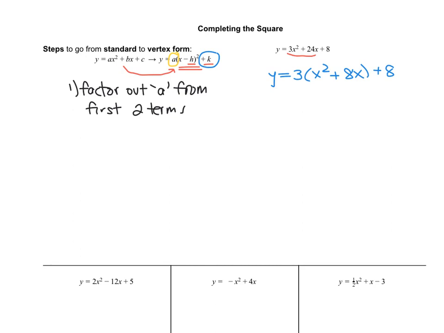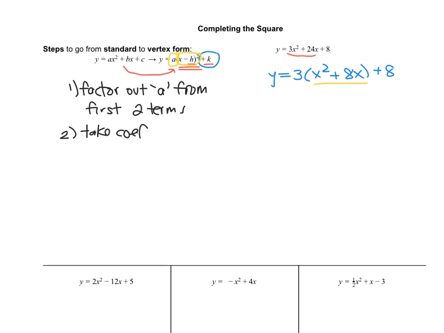Now, the next thing we need to deal with is the fact that this bracket is squared. So I need to create a trinomial inside this bracket. And I can't just add a number in there without changing anything else. So I'm going to figure out this magical number that I'm going to add and subtract to the bracket. And what we're going to do is we're going to take the coefficient of x, divide it by 2, and square, and that's always going to be the process. So step 2,